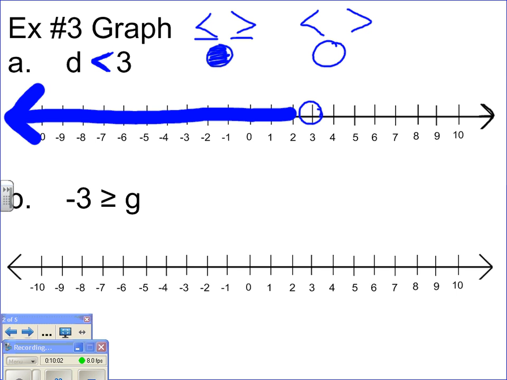Now, I hope you noticed that this time the problem was written backwards. Do you see where the G is? The G is on the wrong side. The variable always goes first. So you need to reverse this and switch the G and the -3. Now, when you switch the G and the -3 around, your greater than will become a less than or equal